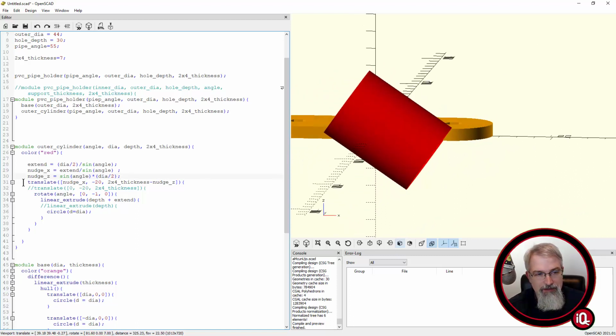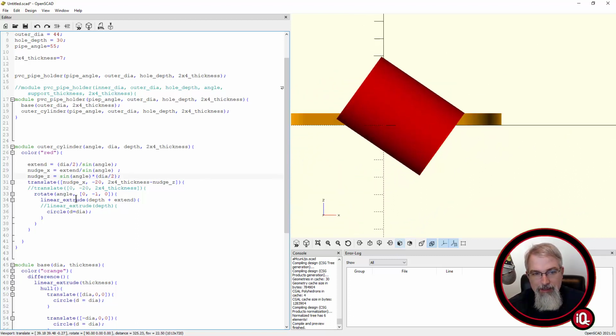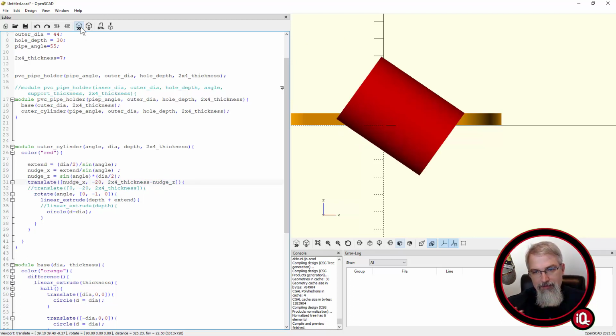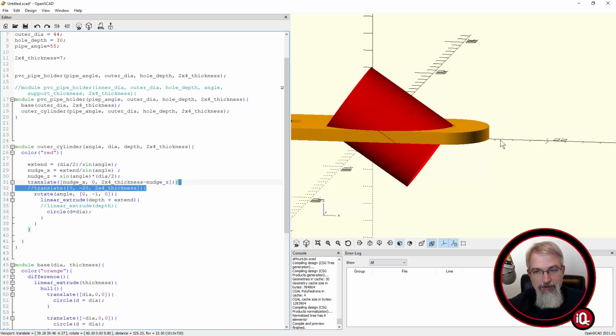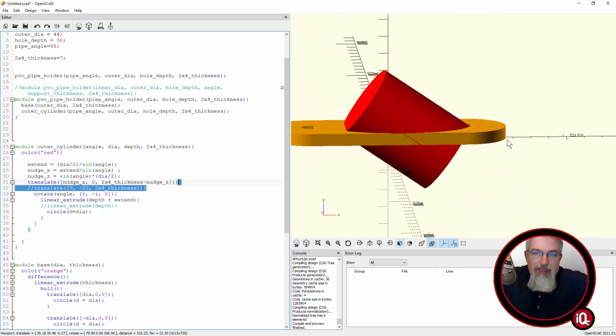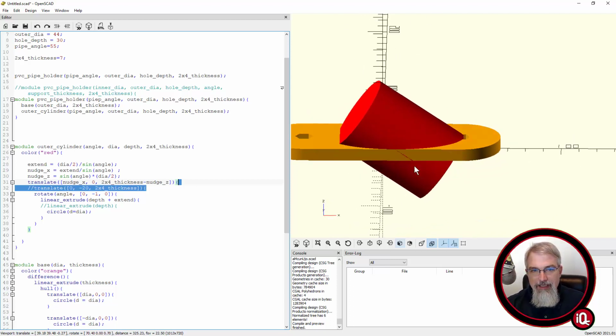Another thing that I can do, just to show you what I'm doing here, if I go back and use this other one that I put in here, that's what it'll be with the extension, and I want to move it down but on that angle. So if I do this, you'll see it goes down exactly at that angle. That's what I want. So perfect. I'll remove that 20, so I don't need that. Boom. So there we go. So we see all that. It looks like it's matching. Life is good. And if I change that angle and make it 15 degrees,